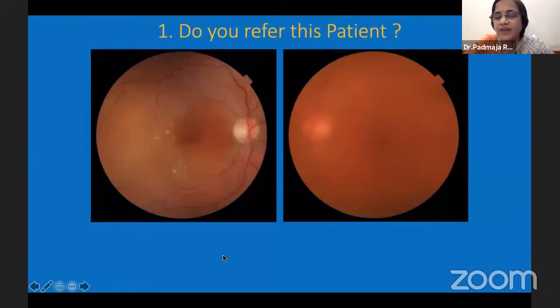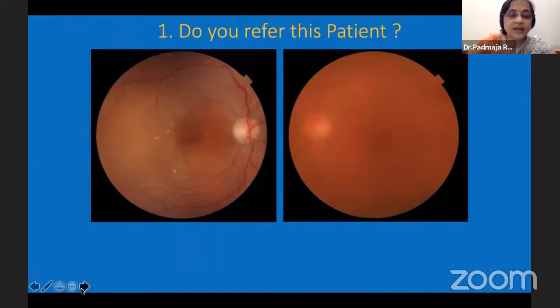Whenever we see a fundus photograph, it's important that there can be an AI model, but it is also important that the person who is capturing the photograph as well as the person who is actually seeing the photograph should be able to classify. So we need to classify on the basis of the macular area and also the diabetic retinopathy. Very good. Someone said that the right eye has diabetic macular edema and the left eye has vitreous hemorrhage.